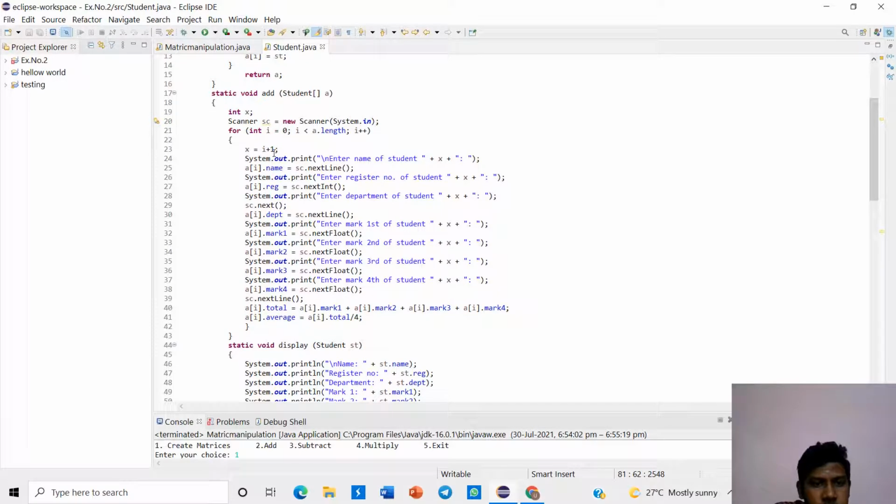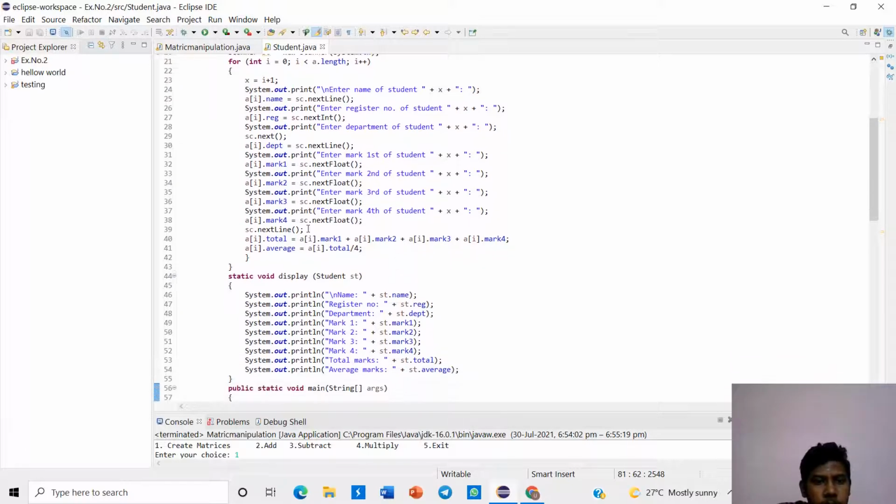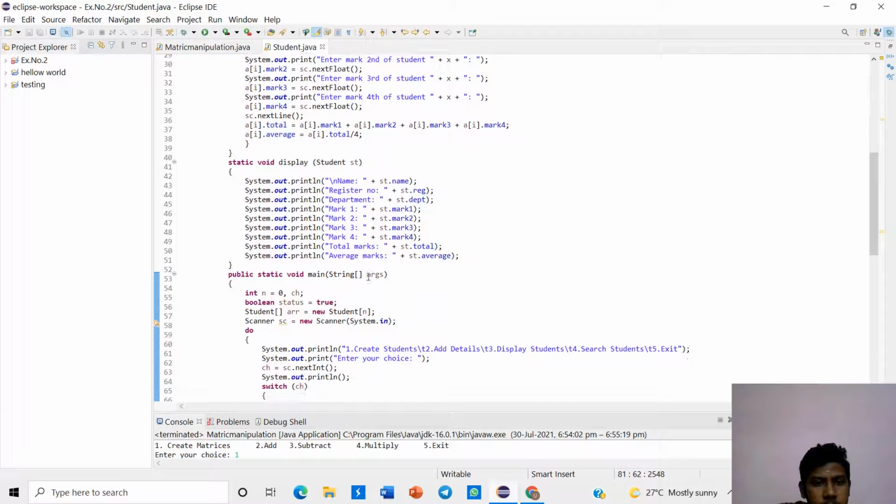Then it prompts: enter the name of the student, enter the register number, enter the department, and enter the first, second, third, fourth mark of the student. For the average of the 4 marks, it will be mark 1, mark 2, mark 3, mark 4, divided by 4, and it will be displayed.